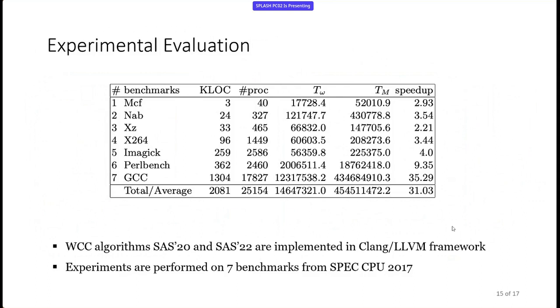So if you look into the experimental results, especially Perlbench and GCC, they are the largest benchmarks in this benchmark suite, and you see that this new algorithm has a speedup, quite a lot. But in other cases, you see the speedup is not that much, so the result is a bit skewed. But that's because